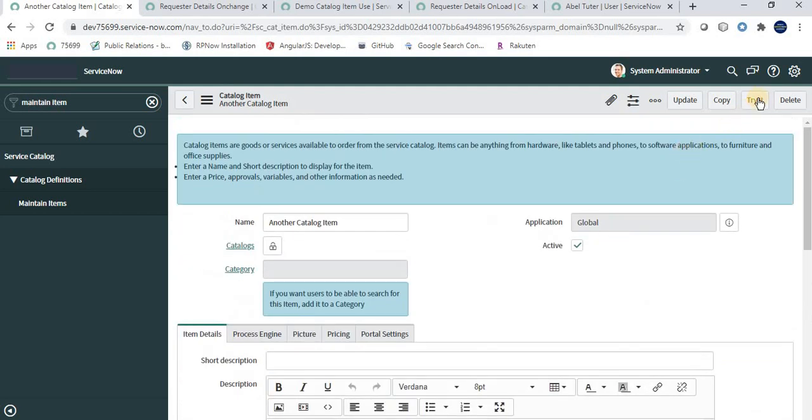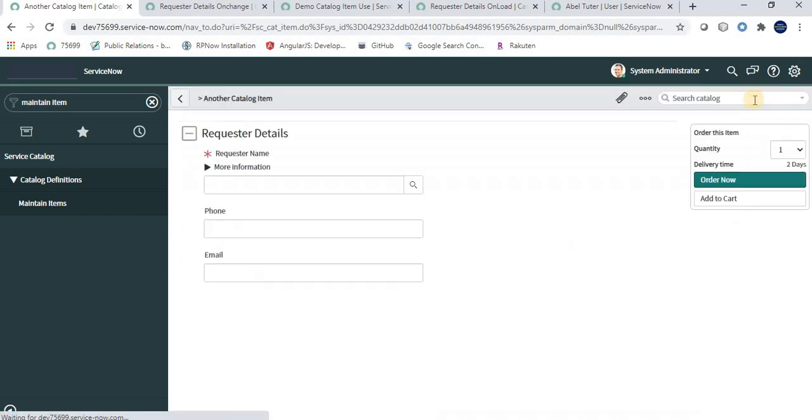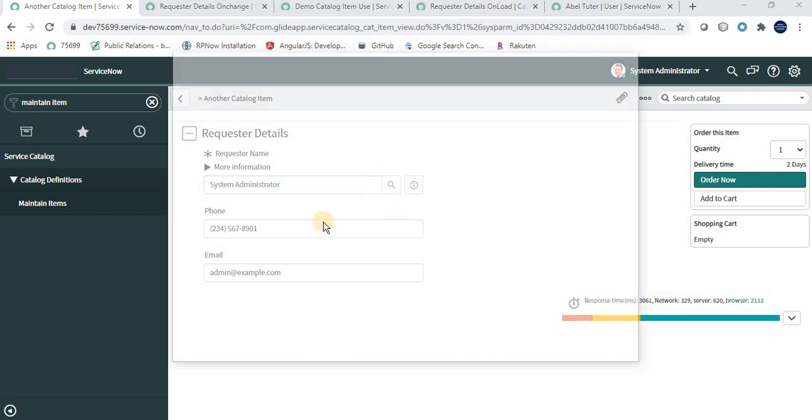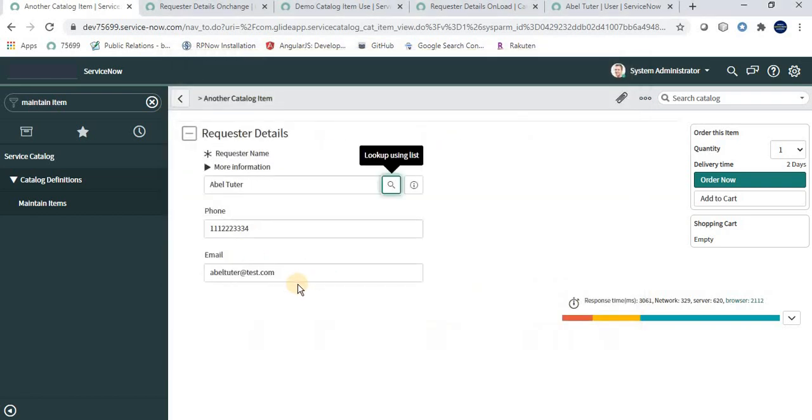Now I'm clicking on the Try It button. Let's see. See, this functionality is working for that other catalog item also. So in this way the variable set is useful for a developer to create a catalog item, or to create an order guide. In the same manner we can use the variable set in an order guide. You can refer to the videos on order guides and catalog items. They are available in the video list of my YouTube channel.